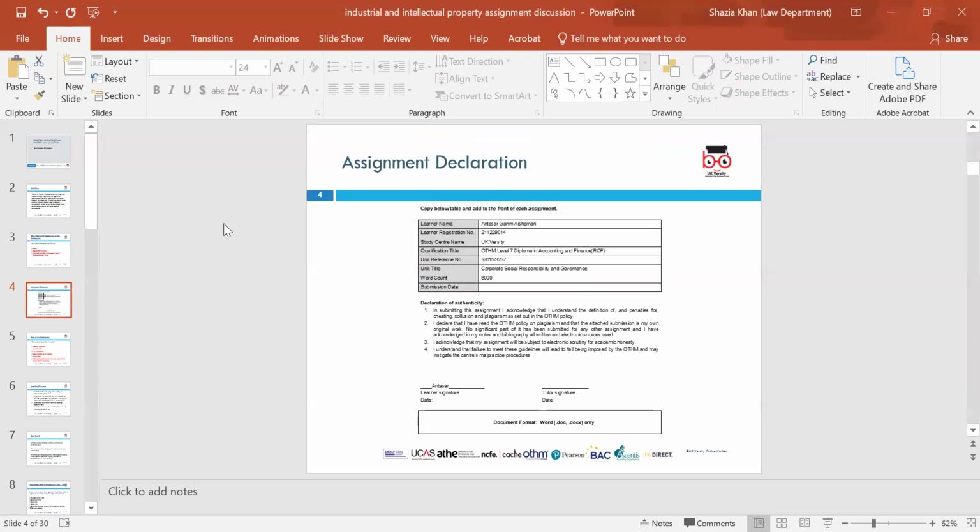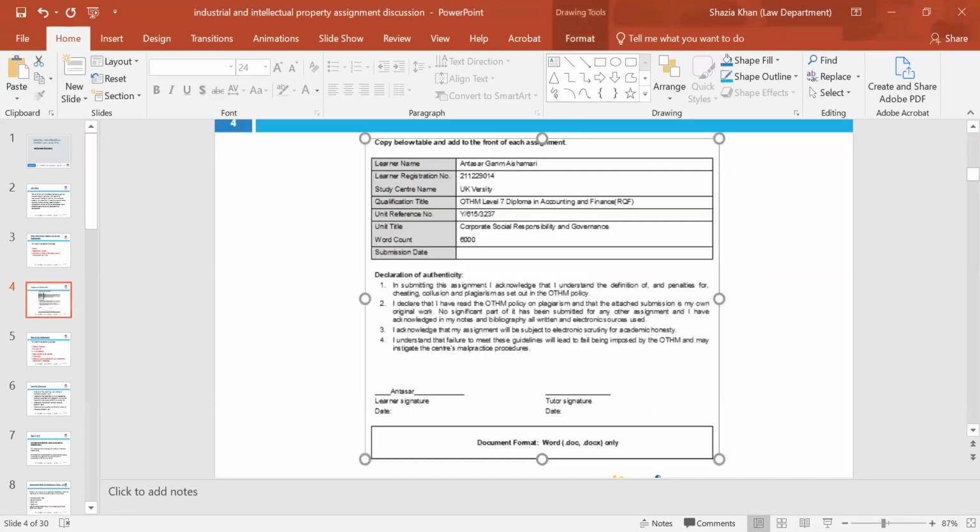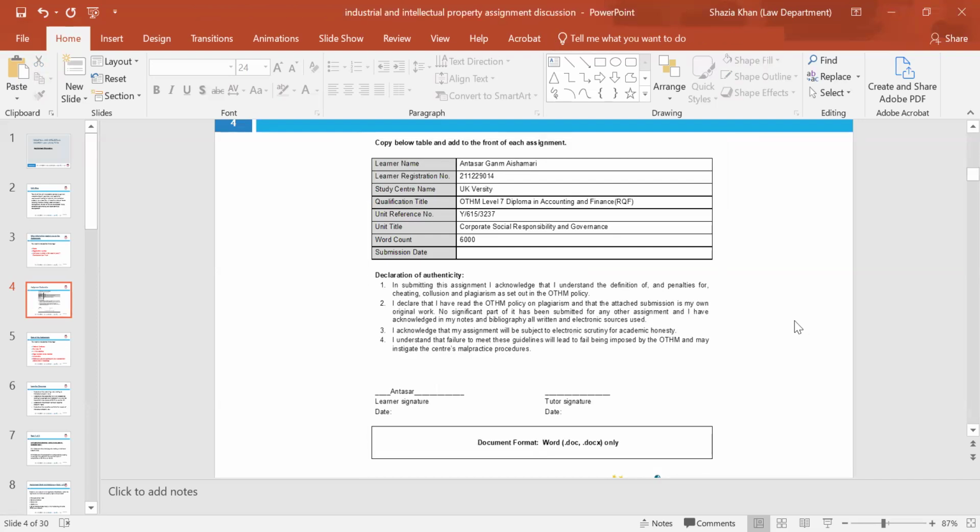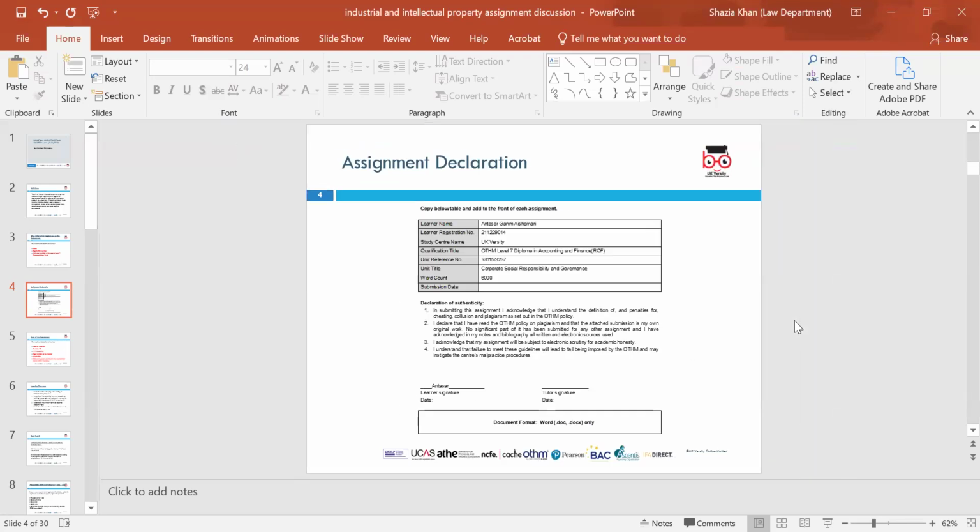You then need to have an assignment declaration, and this is so important because this identifies that the assignment that you are submitting is your own work, and that you are acknowledging that it is your own work. If you look at the requirements, it actually tells you the declaration. You are signing a declaration, submitting that this is your work, and the penalties note that you understand the definition of penalties for any sort of cheating, collusion, and plagiarism are set out in the policies, and you are declaring that this is your work. So it's really important to identify this,